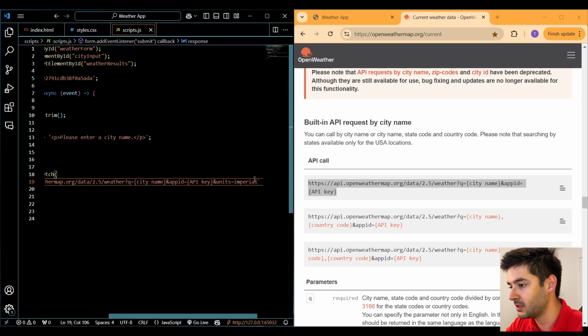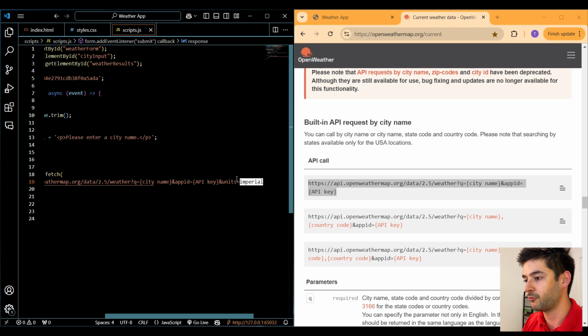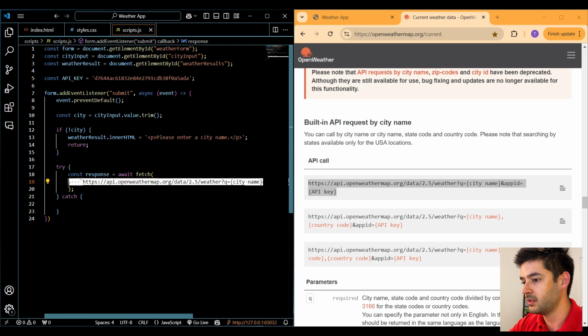So what this will mean is that it's going to show our temperature in Fahrenheit. If you guys want Celsius, go ahead and change this to metric. But for me, I'm in the United States, so I'm going to leave this as imperial. Now what I'm going to do is go ahead and copy this API call, and I'm going to open an